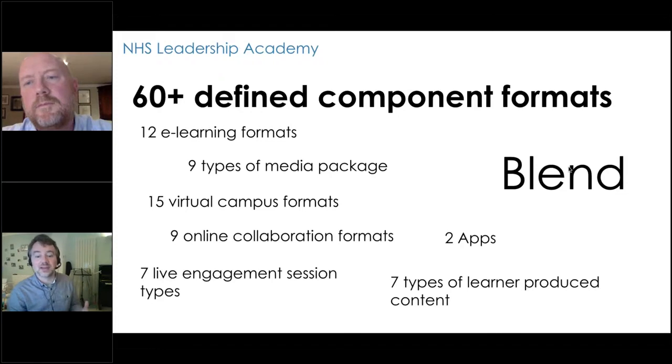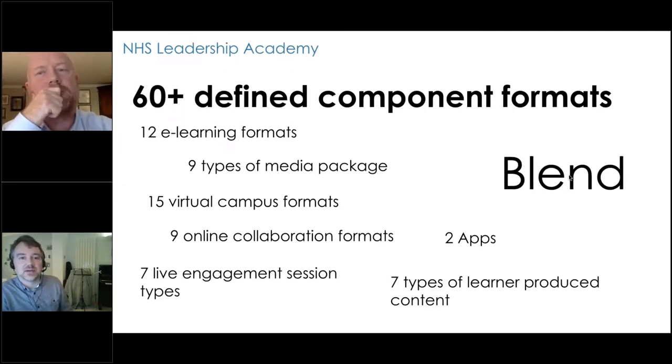And they were also quite complicated blends, with live residential sessions as well as the online learning. So that did lead to 60 plus defined component formats. When we're talking about format, it means that within the e-learning, we differentiate between a 10-minute and a 30-minute e-learning. We say these are different things used for different purposes, but it's quite an important quality control step